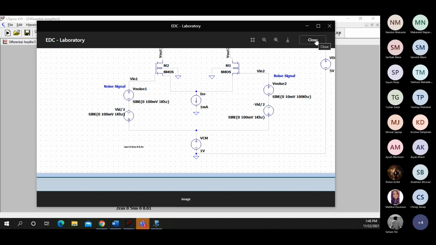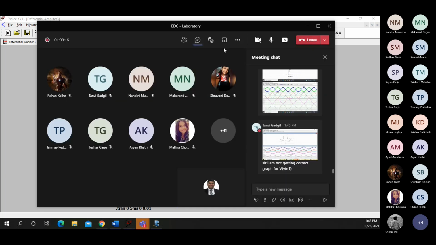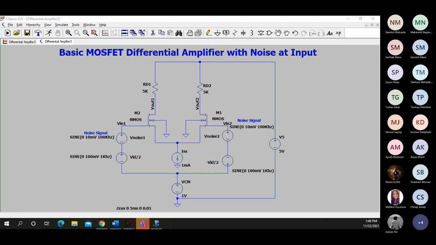So whenever a symmetry is violated, noise is not cancelled. Remember like that. Whenever symmetry is violated, the differential amplifier does not cancel the noise. There are two ways of removing the noise. One is using a filter. You can use different kinds of filters, LC filter, RC filter, whatever. There are many filtering techniques. And the simplest way of removing noise is by cancellation.